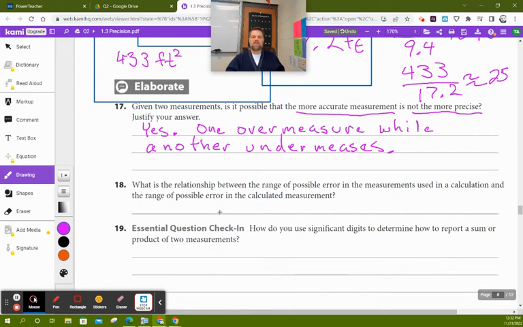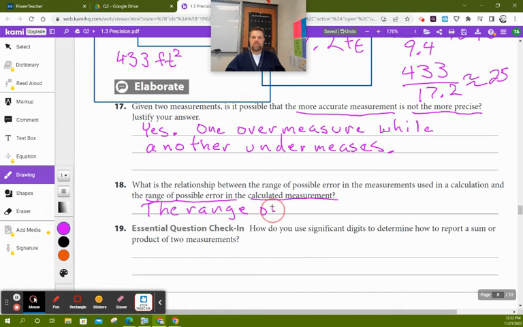Problem number 18 says, what's the relationship between the range of possible error and the measurements used in the calculation, and the range of possible errors in the calculated measurement? So what they're referring to is if I measure something and I measure too much and I measure too little, that's what we've been doing all this time. There's a possible error. Maybe I over-measured something, maybe I under-measured something. But when I go to make a calculation, how does that reflect in the range of possible error in the calculated measurement? So the answer is, you guys should be writing this down,